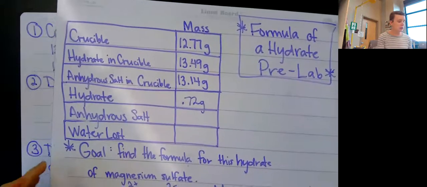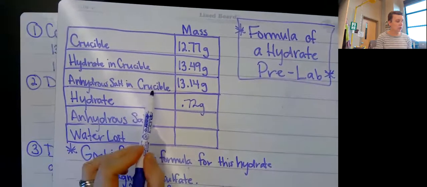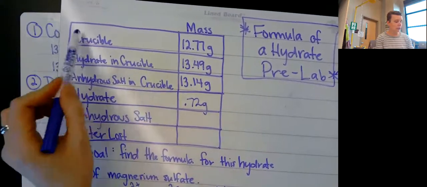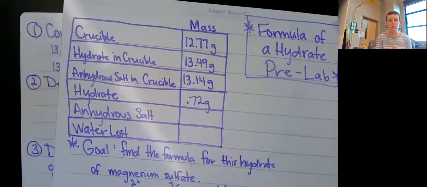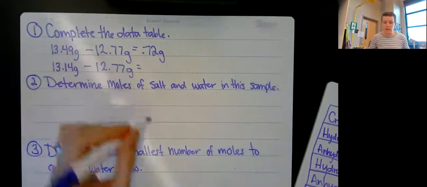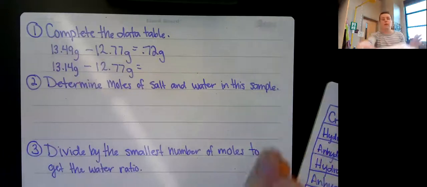If you look at the words, anhydrous salt in crucible. If I want the anhydrous salt, I need to get rid of the crucible. So I need to get rid of the mass of the crucible. Okay, use the words. It's logic. All right. So we do that subtraction, and we end up with